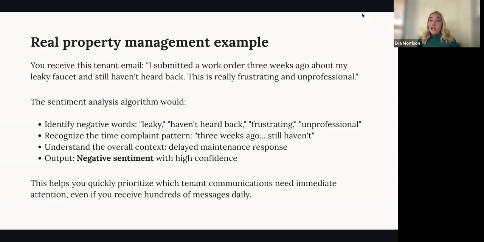This, at scale, can help us prioritize the messages that we know we need to get back to right away. These are urgent or really reputation damaging things that we know our team needs to prioritize and get to really quickly. And it can do this across hundreds and even thousands of messages. So really helping our teams work more efficiently, figure out not just the star rating, but go beyond that to the why here.